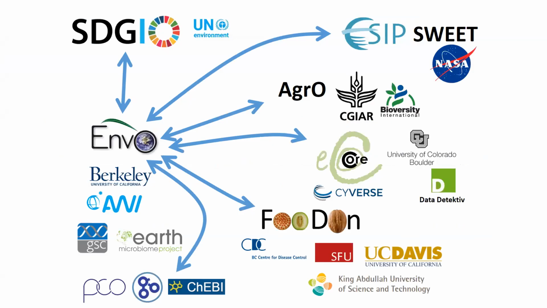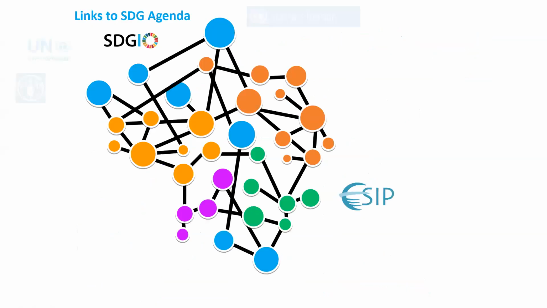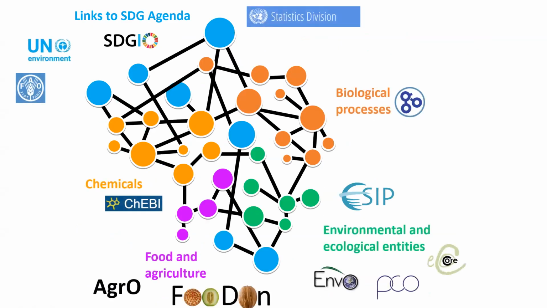So Envo has collaborations with a number of other ontologies to make sure it's interoperable, from ESIP and Suite to AGRO or agronomy, some efforts with food science, from chemistry, from the gene ontology for biological processes, and several more. This is just a snapshot of some of those. But it's not more than just collaborations, it's also technical interoperability. So Envo actually imports large chunks from these and also exports chunks of its content to those ontologies, so we can weave together a language that a machine can process over and come to reasonable results using,